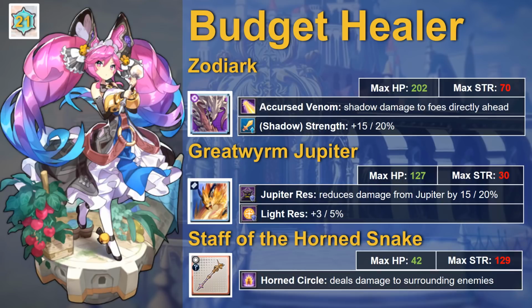First up, low investment. Again with 21 nodes, a 3-star weapon, and 4-star Story Dragon and Wormprint, this time Zodiark and Great Worm Jupiter. As before, this type of build is most appropriate for handling quests of the opposite element, light in this case. To help compensate for Cleo's lack of attack options, I recommend Staff of the Horned Snake as her 3-star weapon,